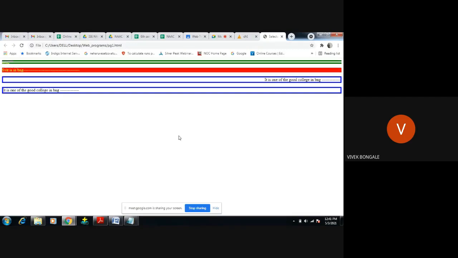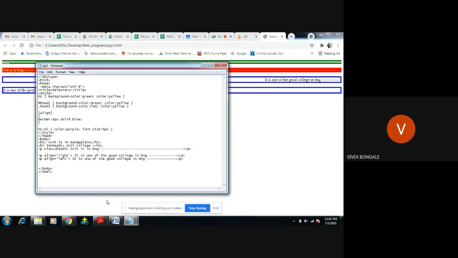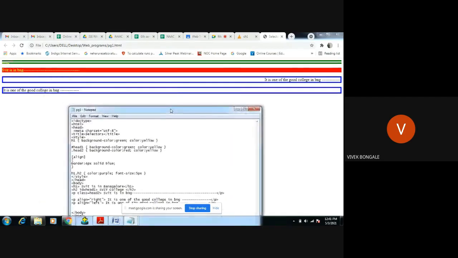Right. So where is that? Program one, right? See, h1, SVIT is in Bangalore. So what I want to apply is the color. Okay, it's not possible, because in h2 we have given an ID. Let's try to just remove this one.